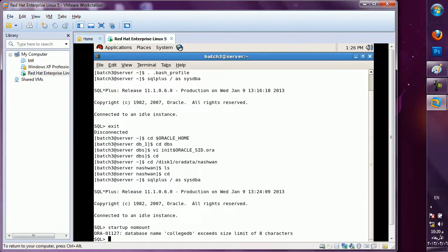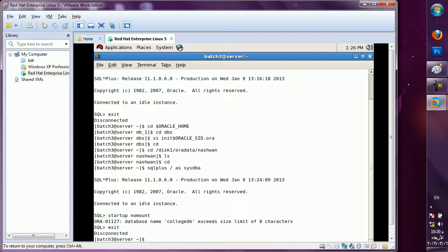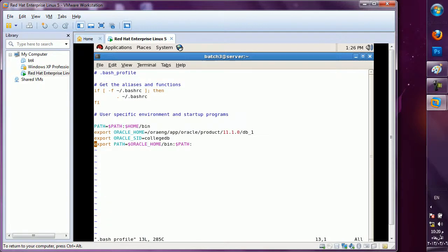Okay, now I will go to the parameter file again, because I have not completed creating that file. The error is coming. So again cd $ORACLE_HOME. First what I will do, .bash_profile, insert. Here I am now giving the short db name.